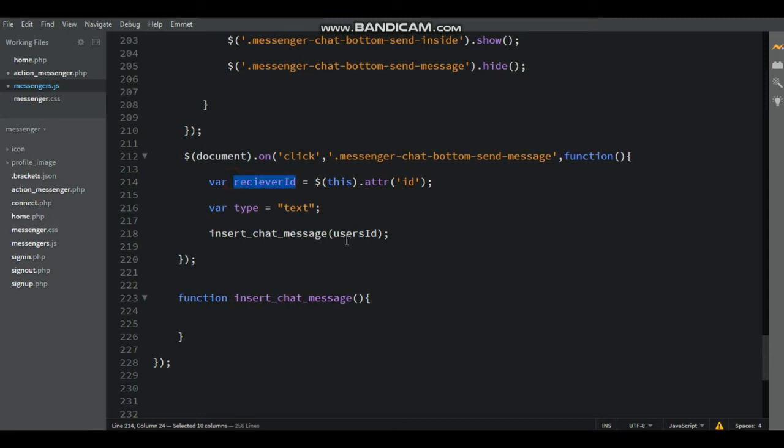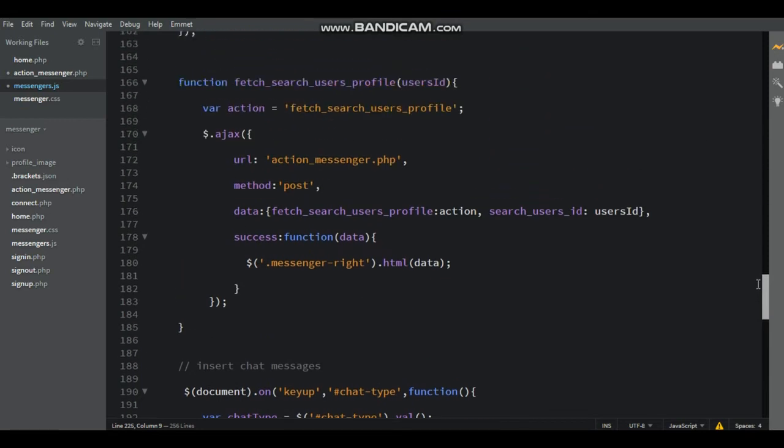Now inside the insert chat messages, inside the bracket write receiver id comma type, and then copy it and paste it inside the insert chat message function also inside the bracket.